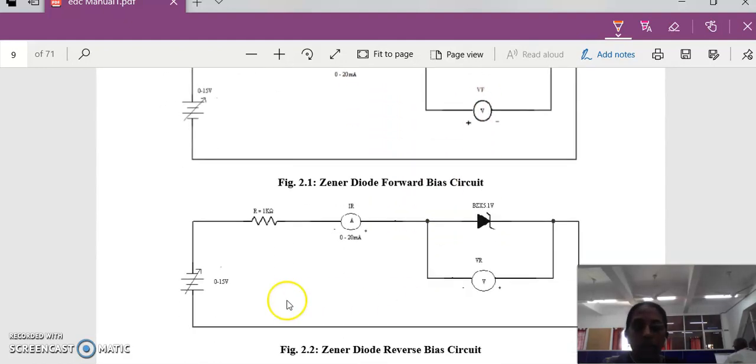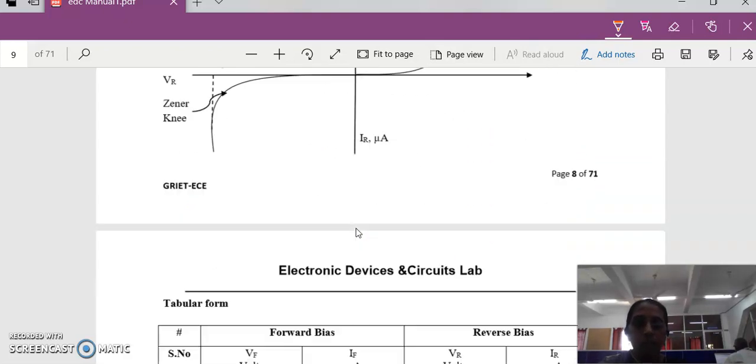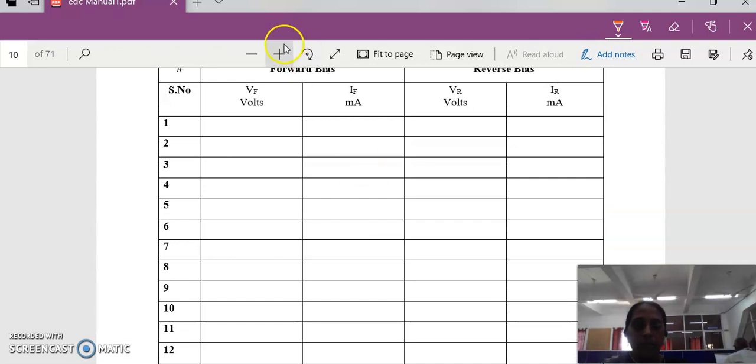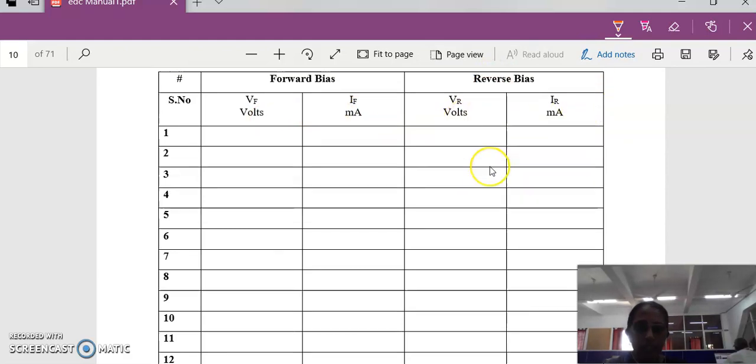Similarly, we have to reverse the supply voltage and note down the reverse voltage and corresponding reverse current. Those are noted in the tabular column: VF, IF, forward voltage and forward current, reverse voltage and reverse current.